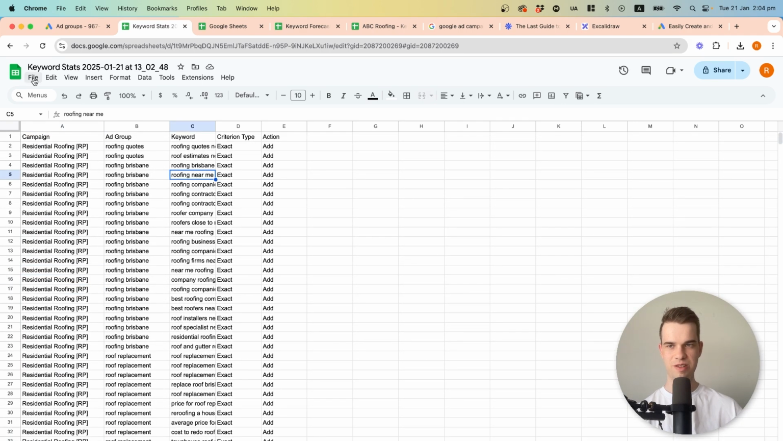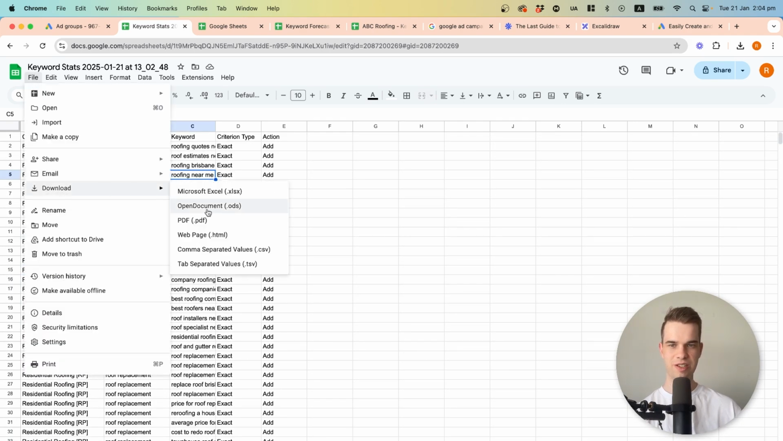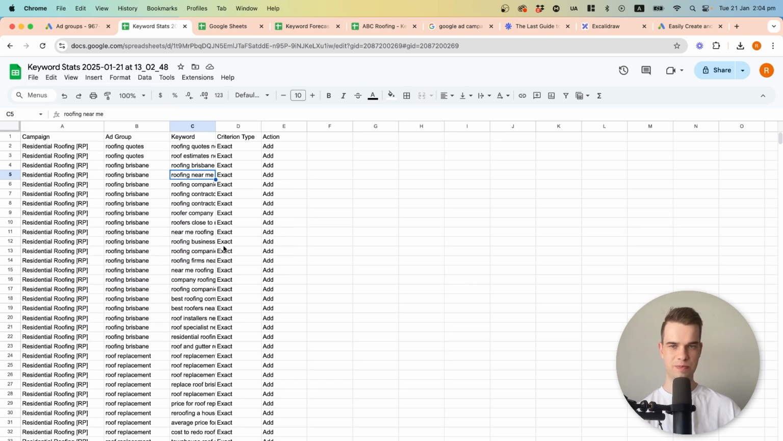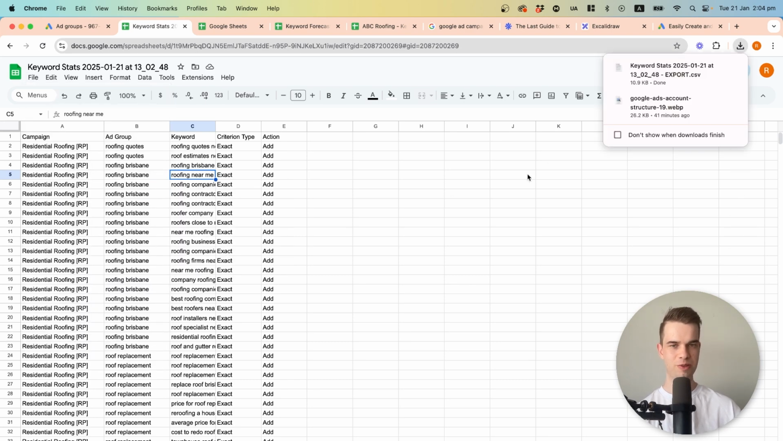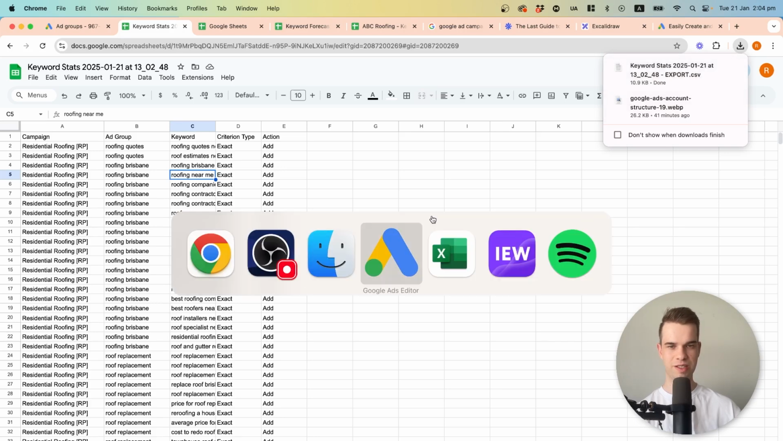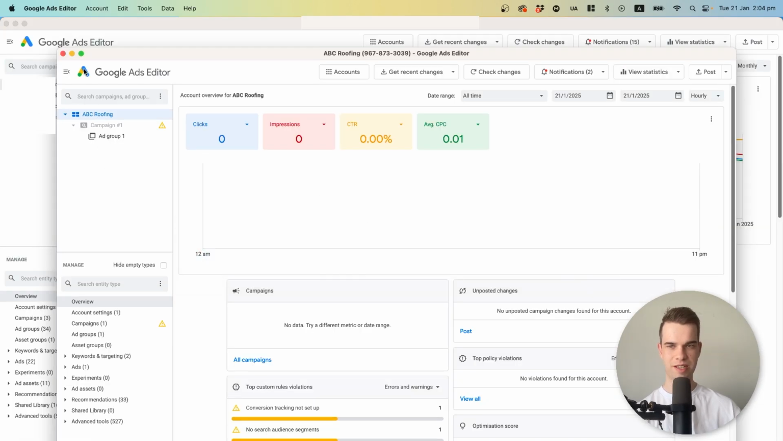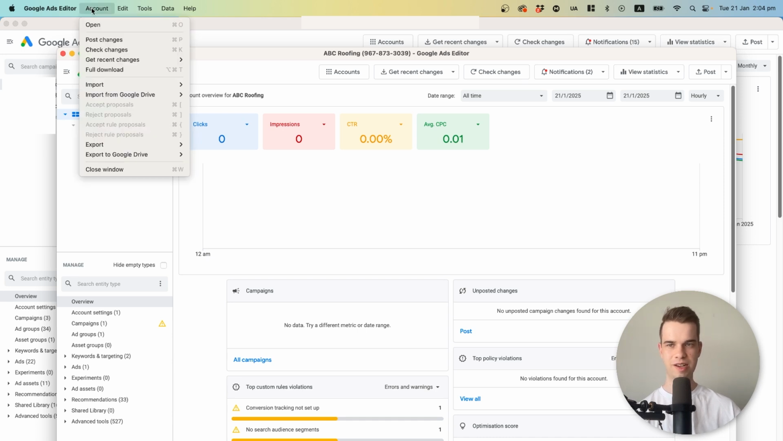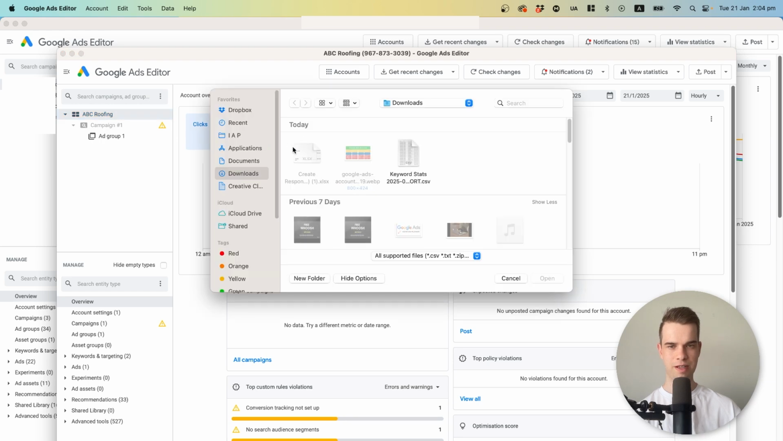The next step is to go File, Download, and CSV. And then we want to open up Google Ads Editor again. It's just going to save to your downloads folder probably. So opening up Google Ads Editor, and I'm going to go to my toolbar at the top here and go Account, and then Import from File. Then I'm going to open up my keywords,